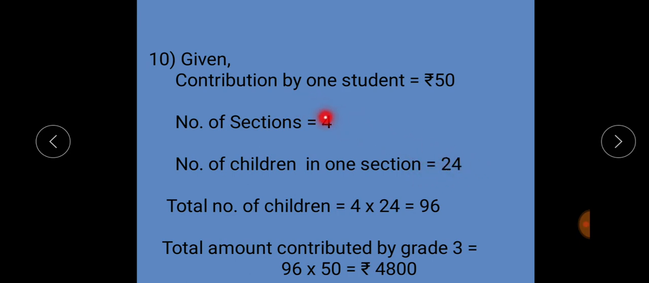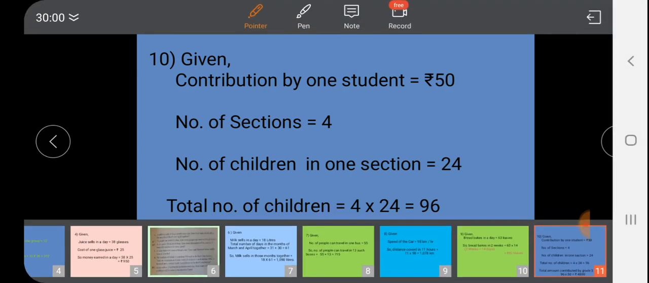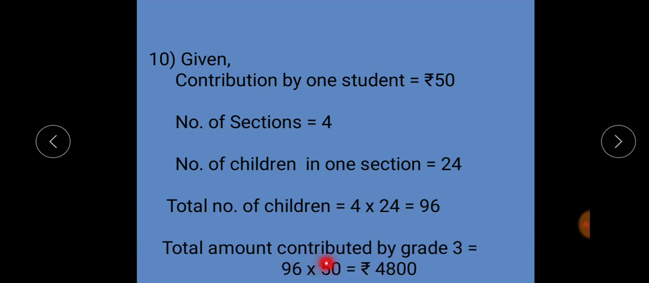So we have to find first the total number of students. So 4 sections, one section 24 students. So total 96 students in grade 3. Okay, in the class of 3 there are 96 students or children. So each child contributes rupees 50. So the total amount contributed by grade 3 students is 96 into 50, which is equal to rupees